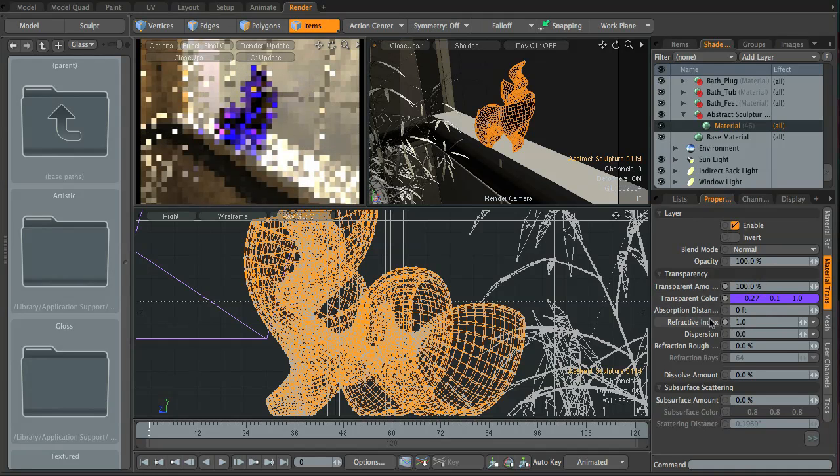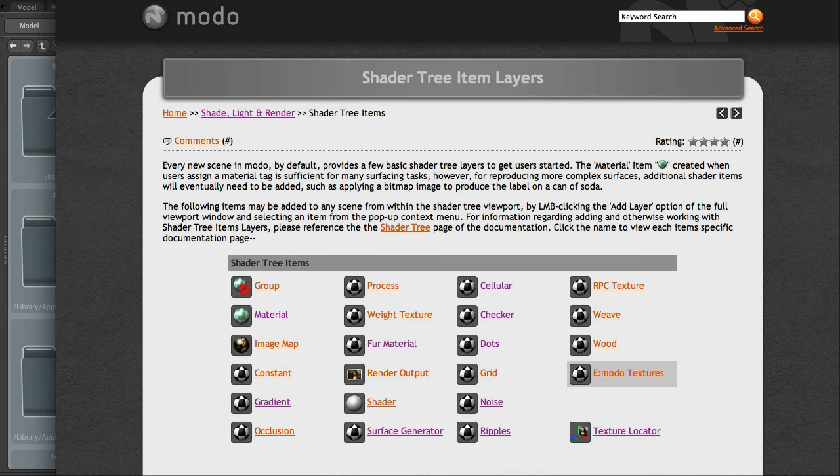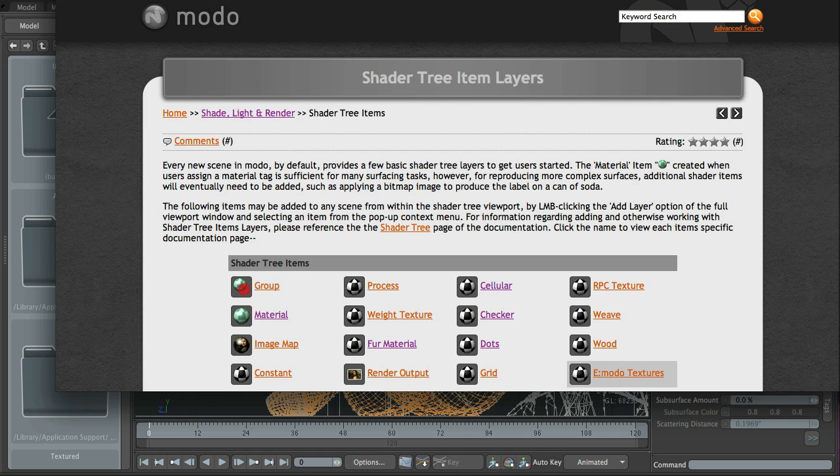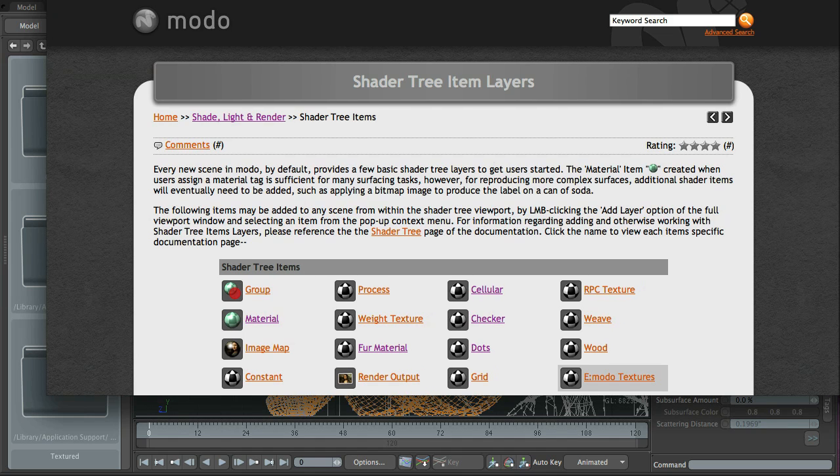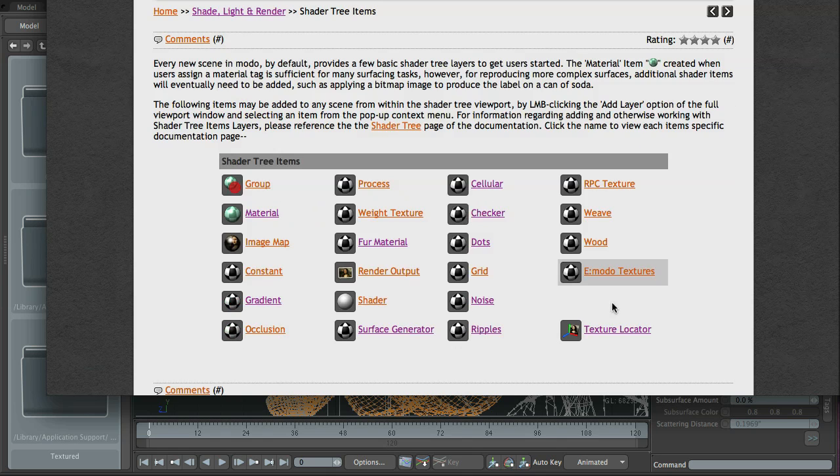Absorption distance. If you want to see what these things mean, the best thing I can do is show you. I'm off camera here, so just bear with me a minute. I'll bring up the Modo Help, and okay, so I hope you can see this, if I try and shrink it down a bit. Okay, so if you go to the Modo Help here,